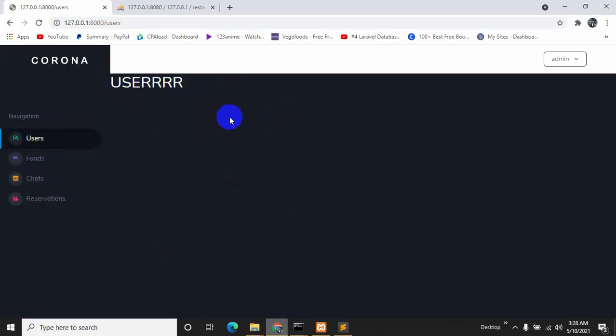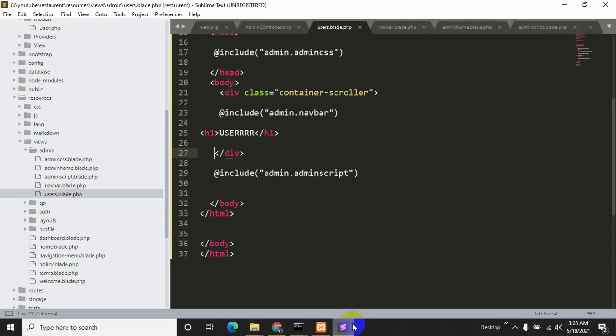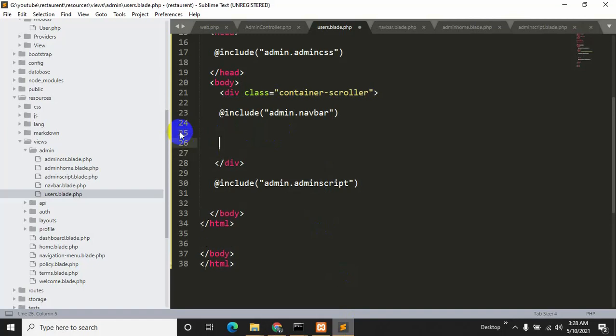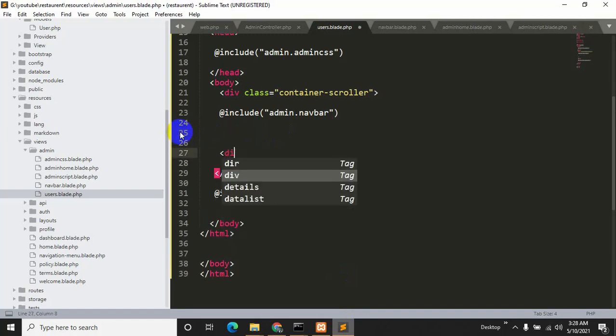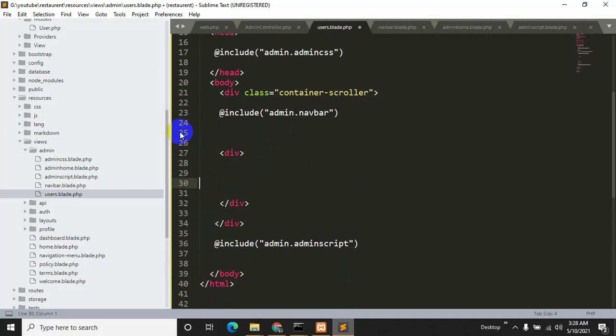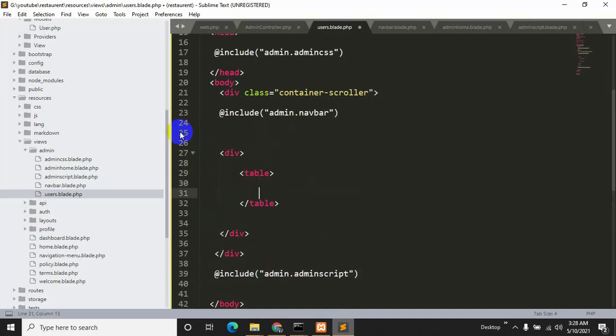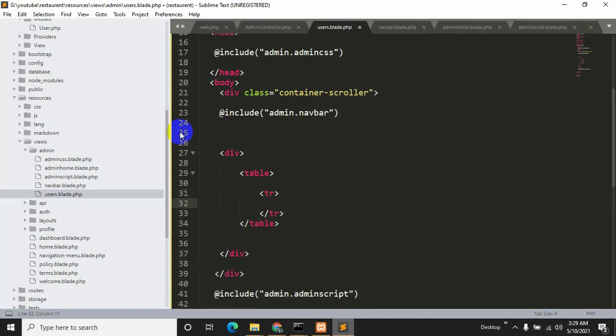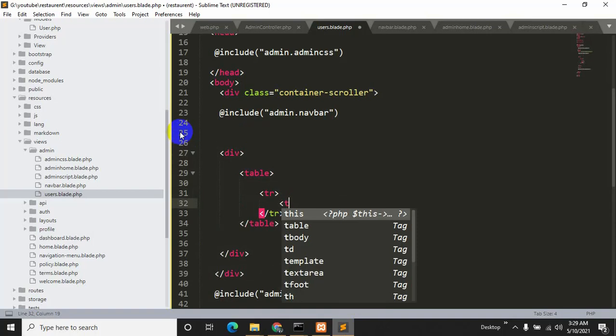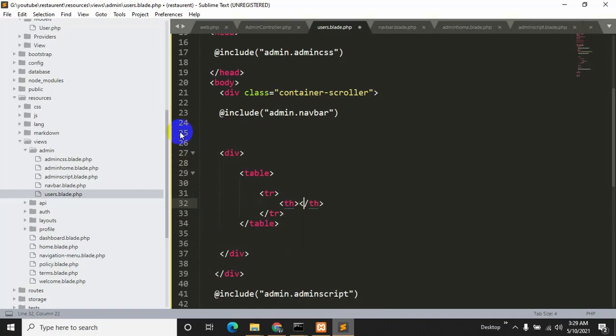Okay, so now let's add over here a table where it shows the username and email. Okay, so for creating a table, we'll keep the table inside a div, and for creating a table we need to say over here table, and inside this table we'll say tr, and it will have some table header.